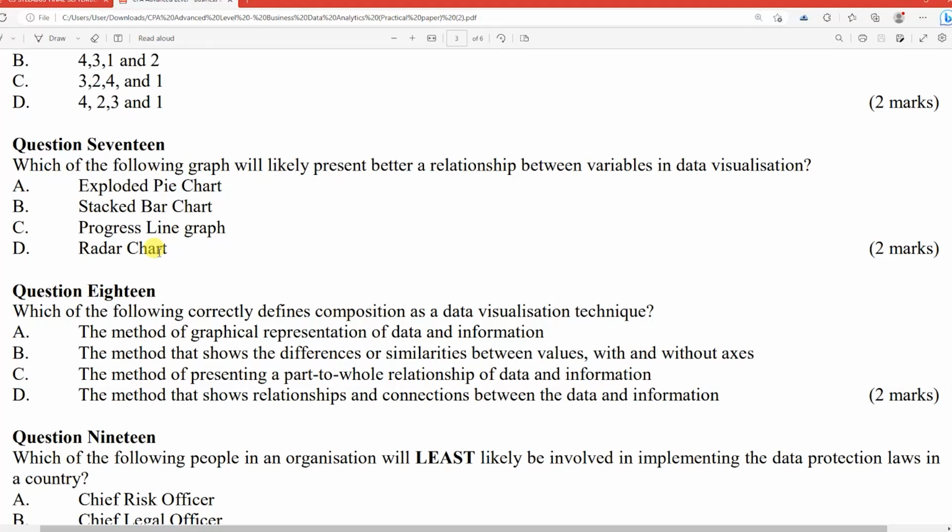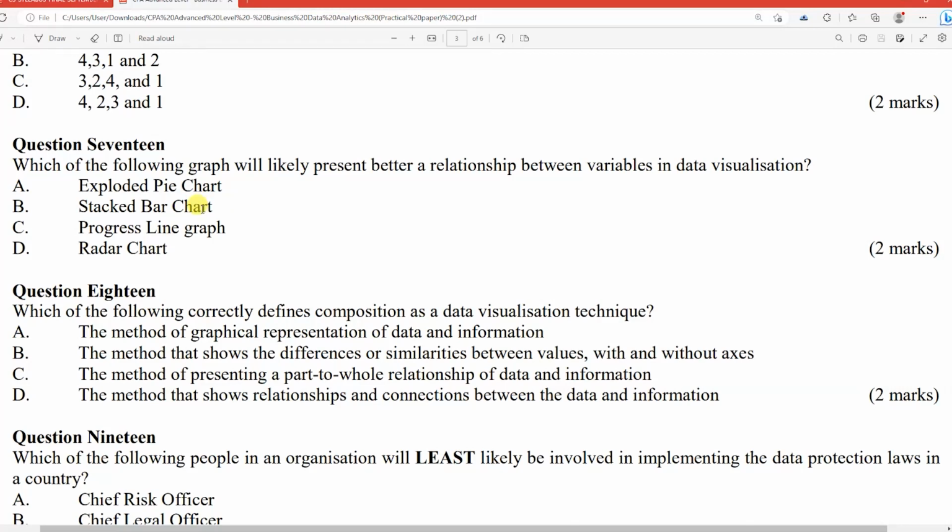Which of the following graphs will likely present better a relationship between variables in data visualization? Now, candidates, the most suitable graph for visualization between variables depends on the type of data being analyzed. However, in general, a stacked bar chart or a line graph would likely be more effective than an exploded pie chart or a radar chart,